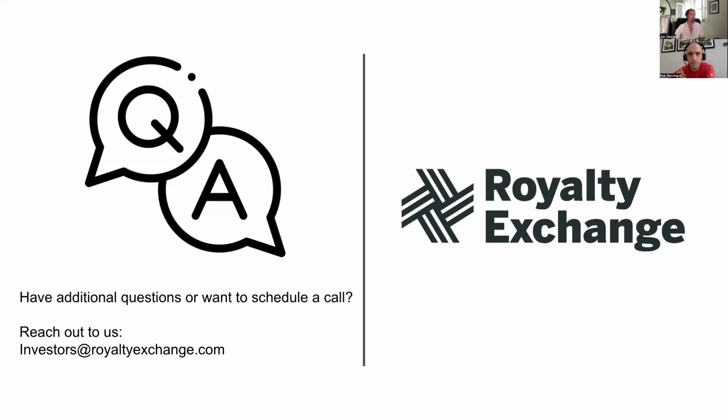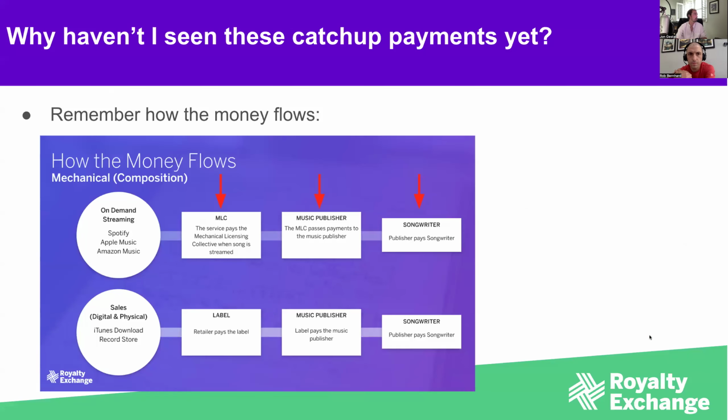Yeah, pretty straightforward. If you want more information on that, we do have a bunch of guides that get into the specific collections of the different rights. That can be found on the blog page on Royalty Exchange in the investor resources section. We have one that's specifically called Who Collects What for Who. So that gets into a lot of it. In fact, that little flow chart I had in this is from that specifically. This chart here. So you want to take a look at that. It's a pretty good breakdown. But we've got lots of walkthroughs in there.